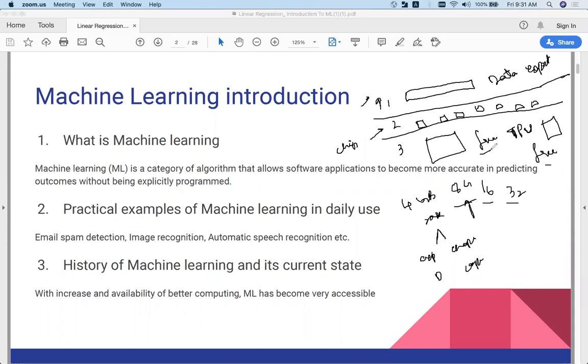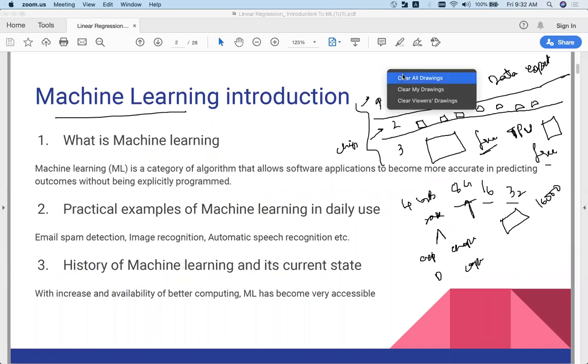Nowadays, before 3 years back, when we bought a GPU for our machine learning or deep learning problem, that was costing us around 16,000 rupees. Now I can do that for free in Google Colab. Same thing, right? So just 3-4 years back, the industry has changed drastically. So these are the reasons that are playing a very important role for machine learning and deep learning technologies coming ahead, right?